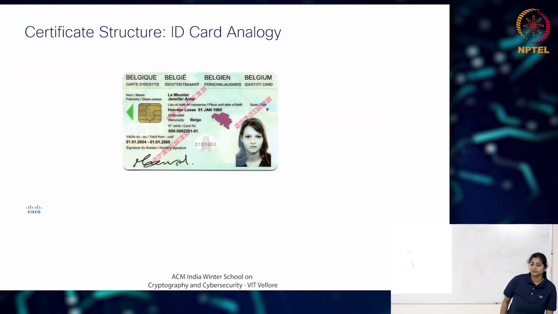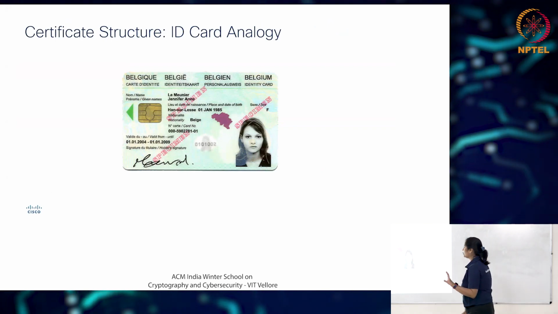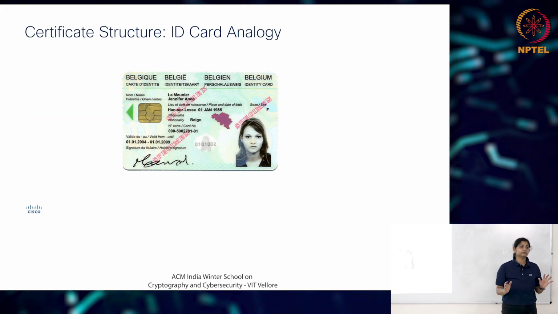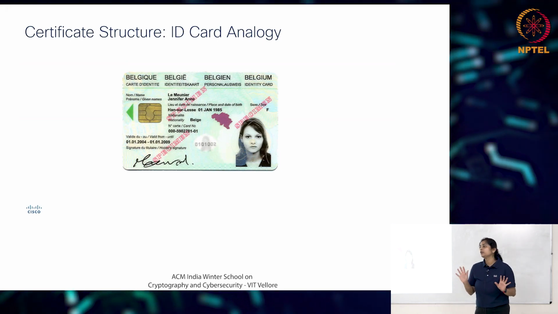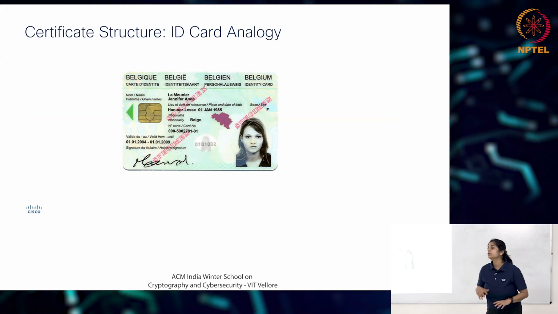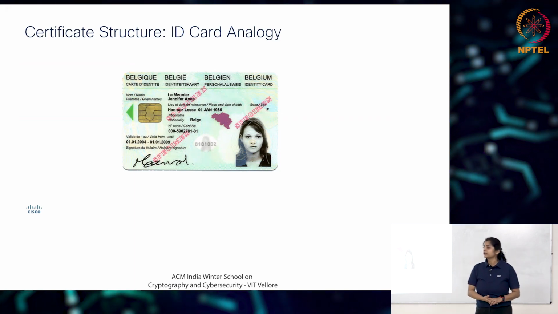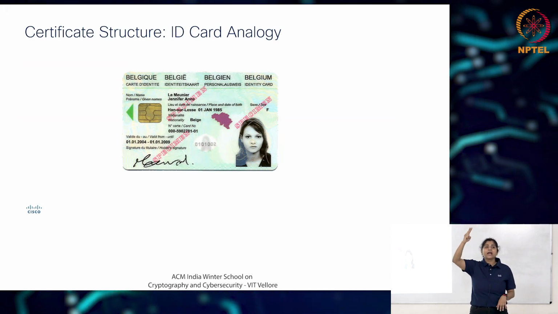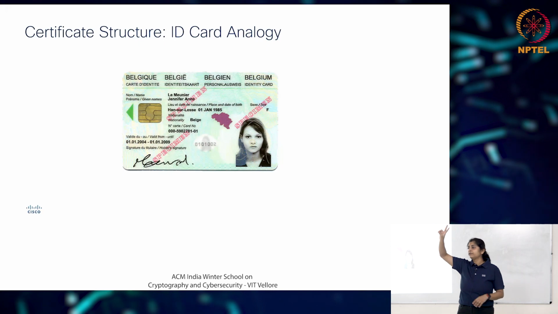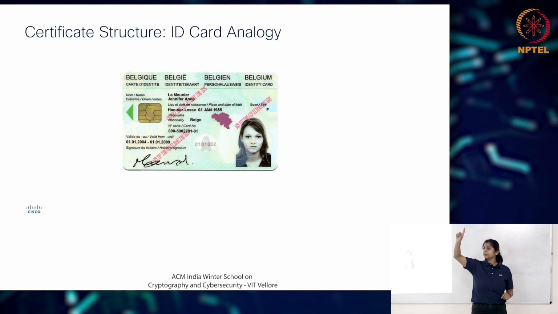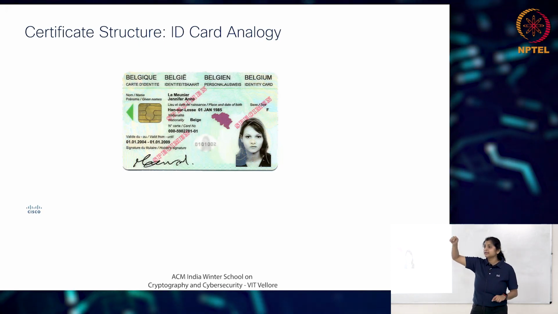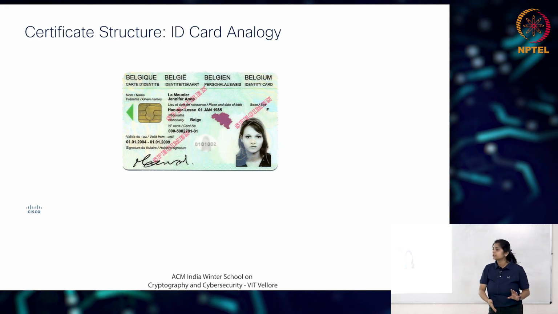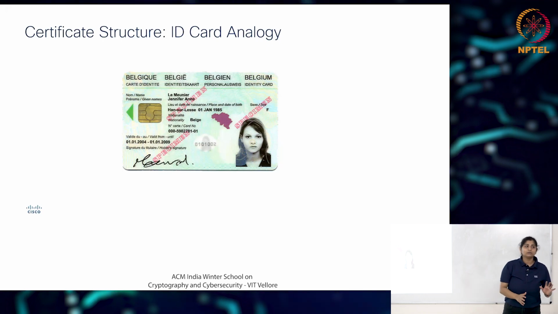Now, a very easy method to understand a certificate is, it's an identity card. It's an identity card for your router, for your firewall, if you are trying to establish site-to-site connections using certificates. Remember, we said pre-shared key and PKI. Two methods are available for identification for site-to-site, right? The second method is PKI. And SSL, basically the client-server connections that you all do, definitely uses this certificate by default.